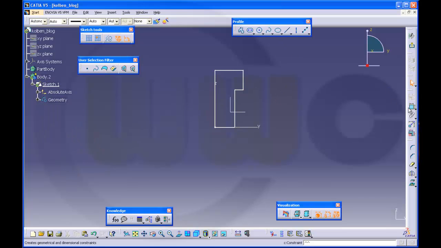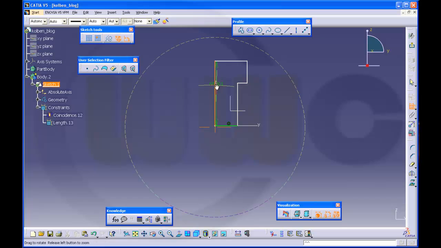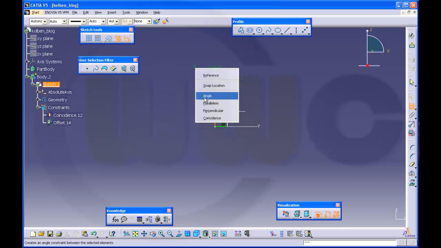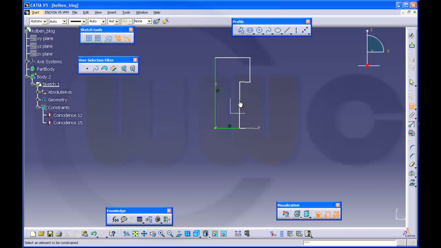Okay, so now this one should be coincident right here. This one should be coincident over there. There should be a distance. There should be another distance. Another distance. And one is missing. This one is missing. Okay. Change this to